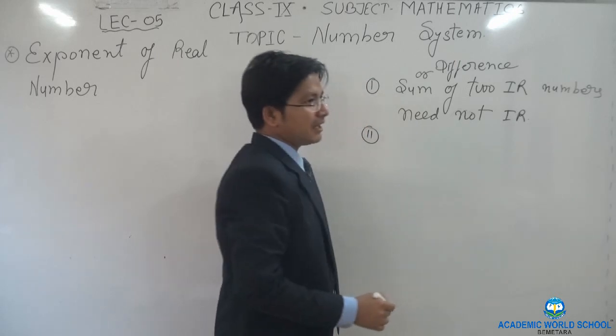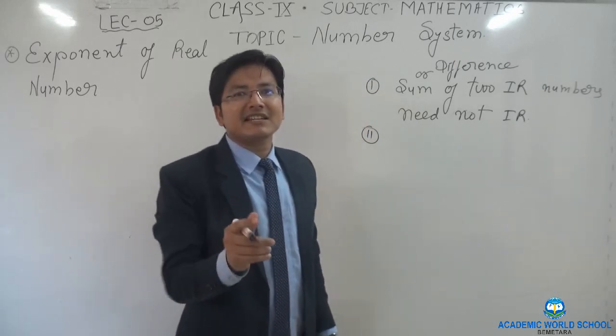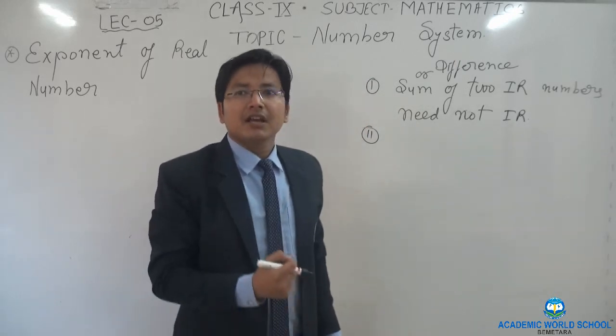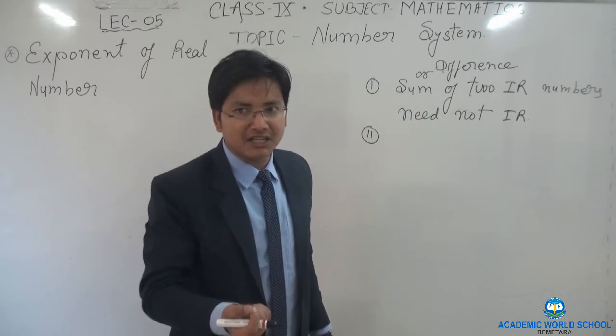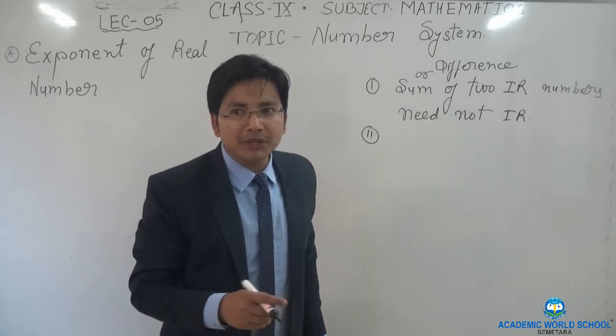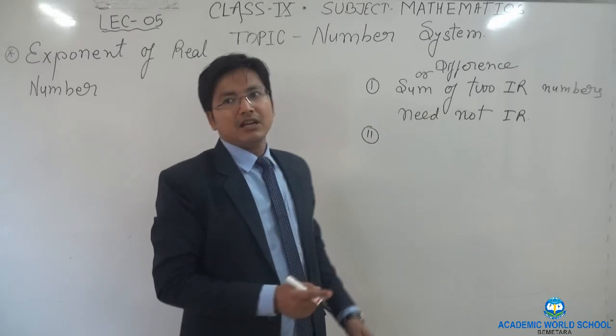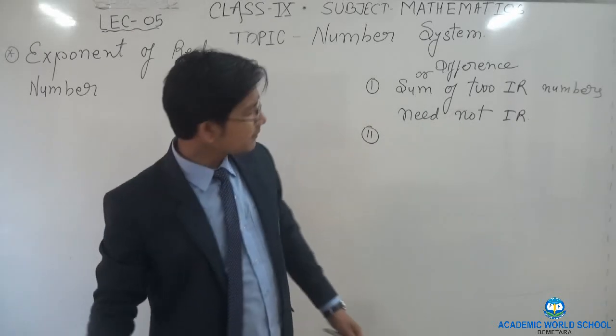Okay, this we have done. And then multiplication of two irrational numbers need not be irrational. Quotient of two irrational numbers need not be irrational. Okay, and next,